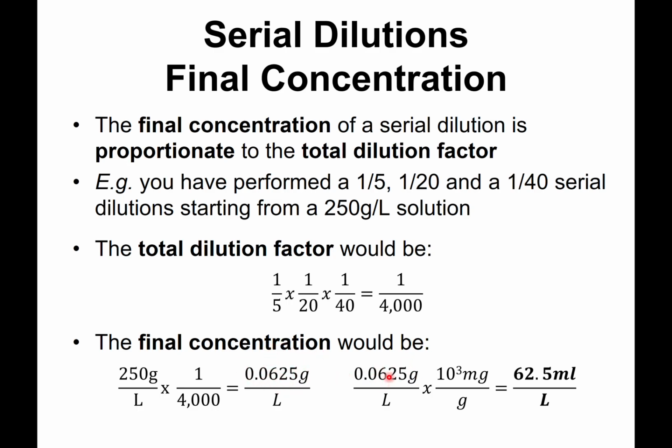You can actually just multiply by 1,000 and you convert basically the grams into milligrams. So that's why it's important to be able to convert units very quickly. So in this case, my apologies, this will be milligrams and not milliliters. There's a mistake there. So it will be 62.5 milligrams per liter there. Okay,